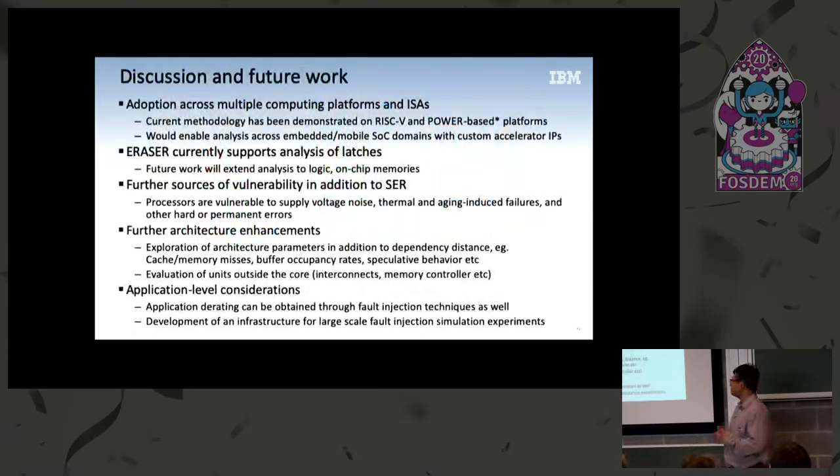So this, as we mentioned, is initial work. It's available publicly, and we encourage people to contribute different cases, different scenarios, different algorithms to it. There are ways we would like to extend it beyond SER, beyond soft errors, to voltage noise, thermal aging induced errors. Look at further kinds of architecture enhancements, look at uncore parameters, interconnects, the memory controller, and other components as well. We also would like to adapt application level derating considerations into the fault injection. This is purely latch and microarchitectural level analysis at the moment, but there is obviously a lot of work at the architecture and application level, which we would try to incorporate as well.